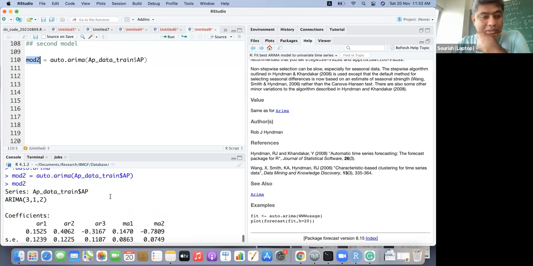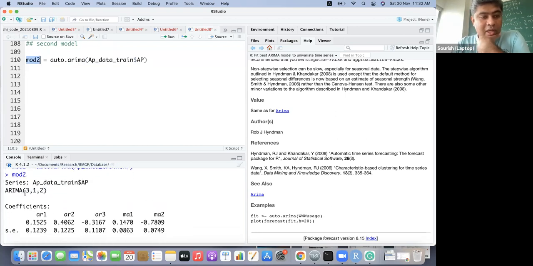It fits something: ARIMA 3,1,2. Okay, fine. Let us copy this part so that it will be helpful to us document-wise.